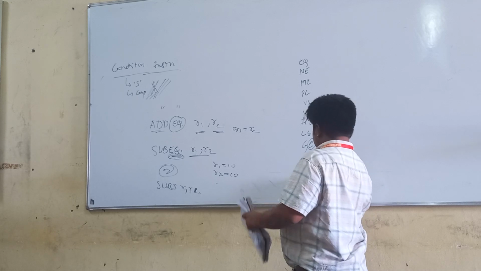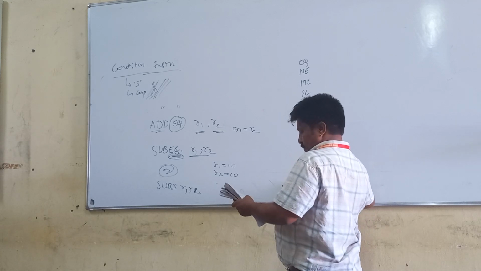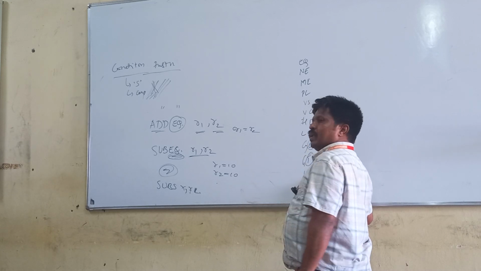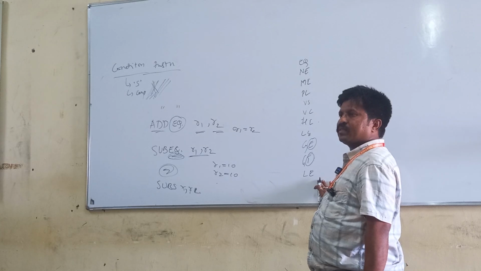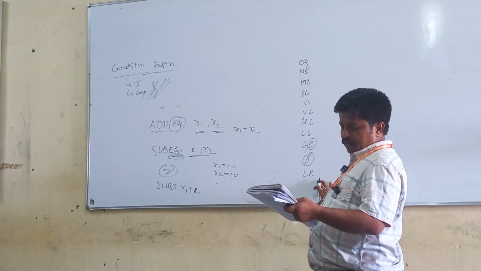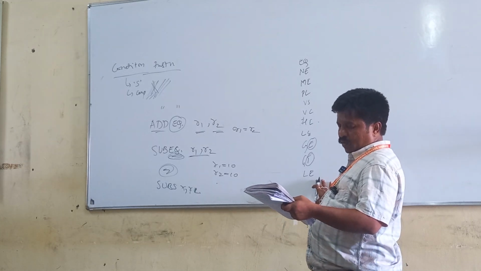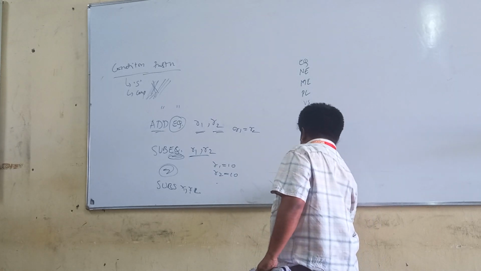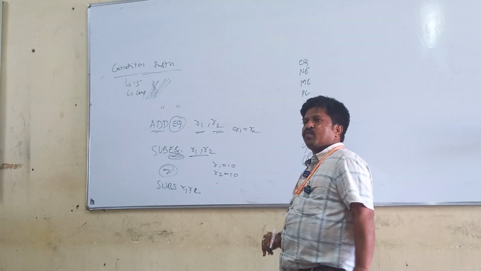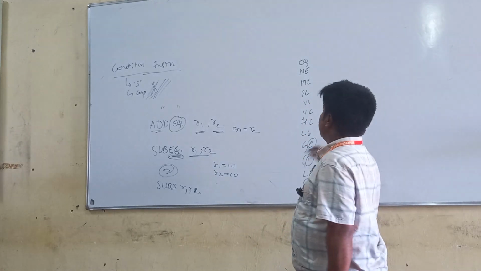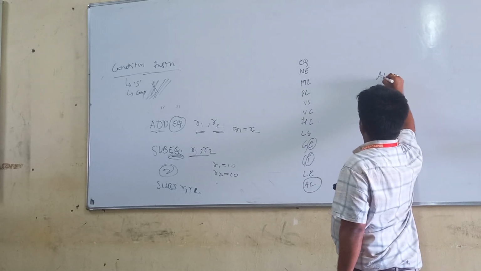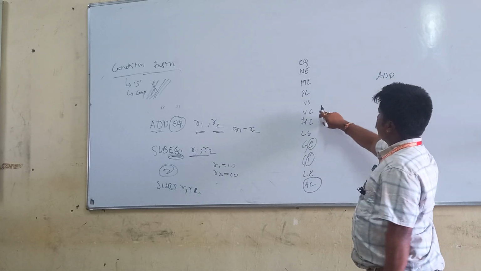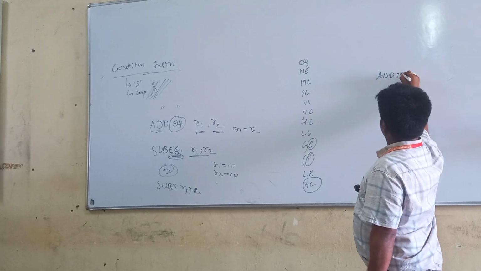And also this one is LE, which is nothing but less than or equal. AL is nothing but always, whatever the instruction may be. If I use the ADD instruction along with the condition MI, minus,